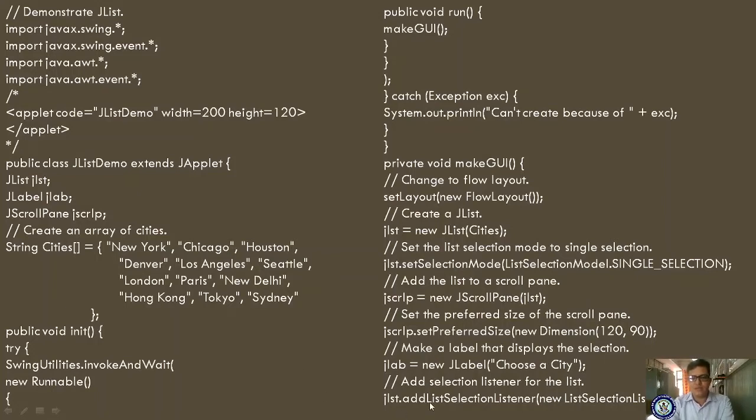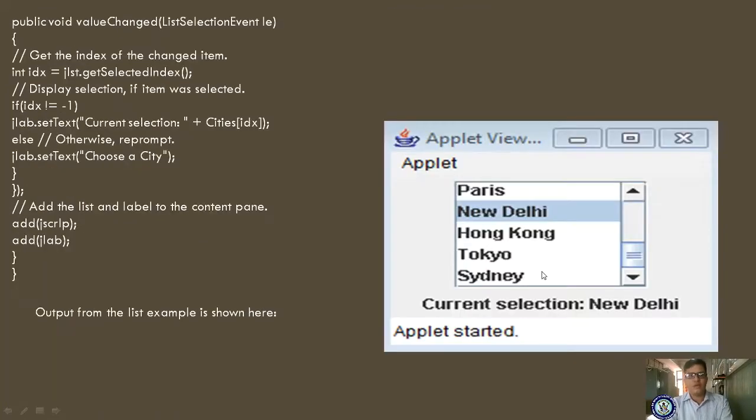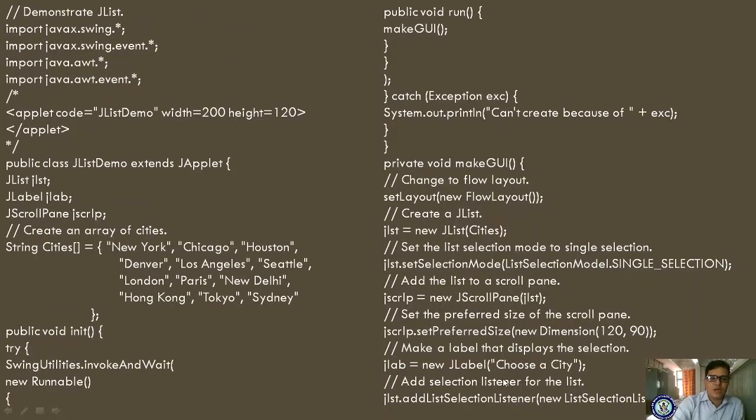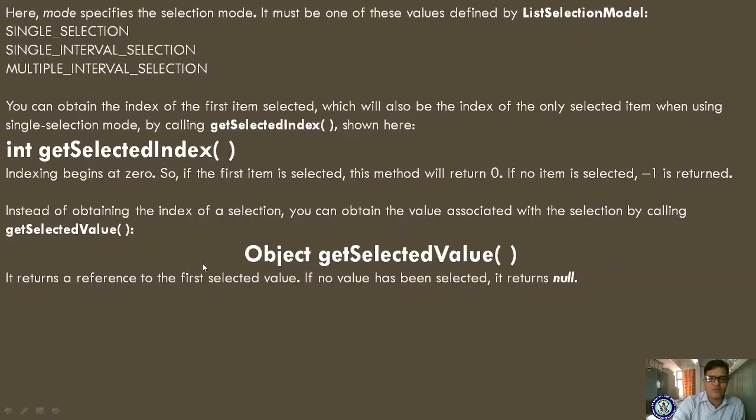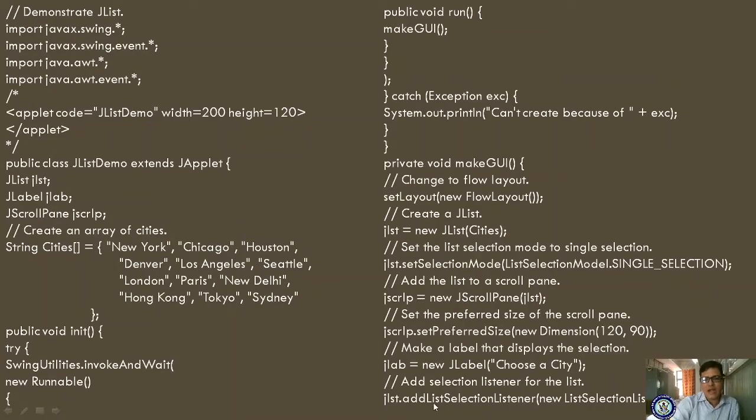Okay, JList dot addListSelectionListener. So whenever you select something, a new ListSelectionListener will be called. Here it will start and it will end here. Now public void valueChanged. So this method will be evaluated. Already we have told this: if you are using this, the valueChanged event handler will be invoked because of this list listener, addListSelectionListener. Okay, so you are calling here, and here it is starting, it is not closed.